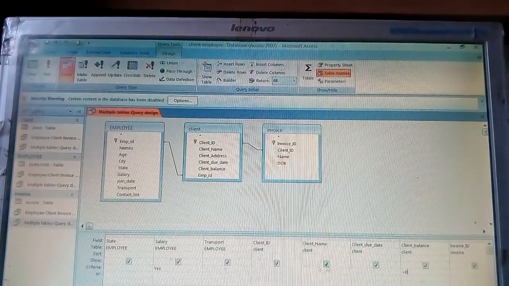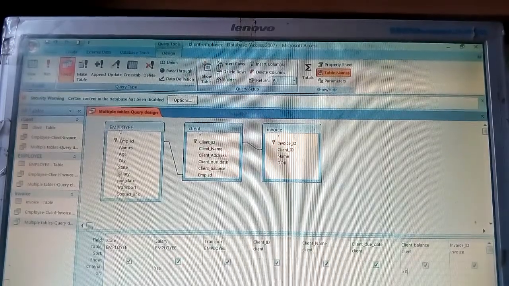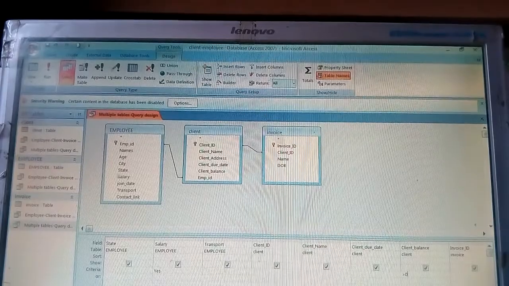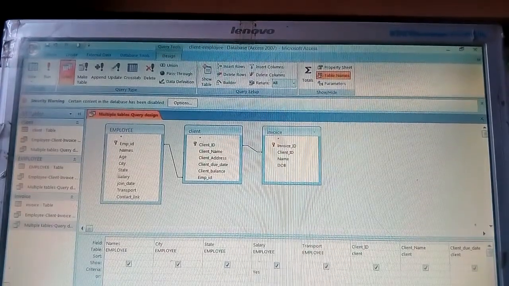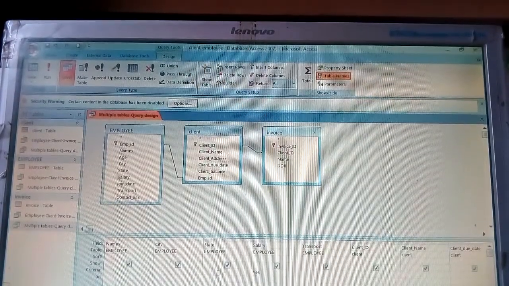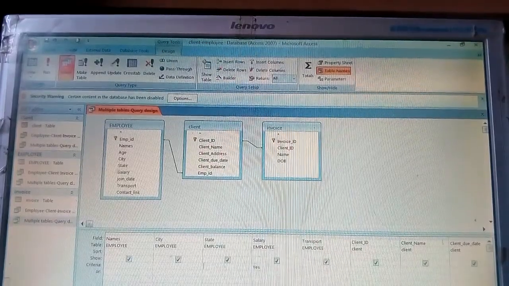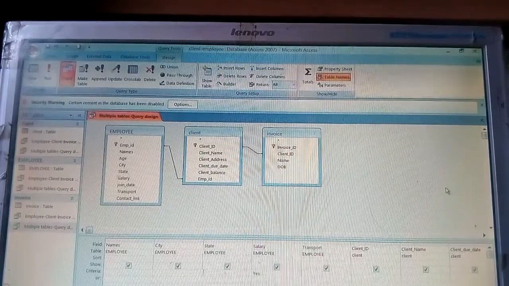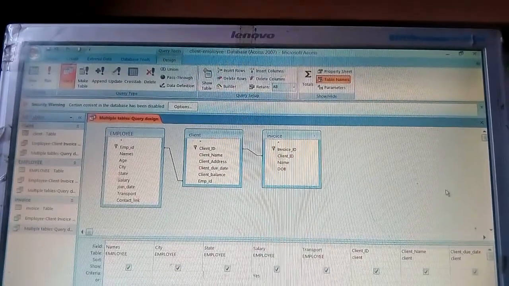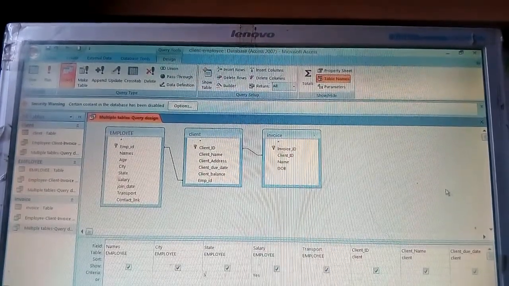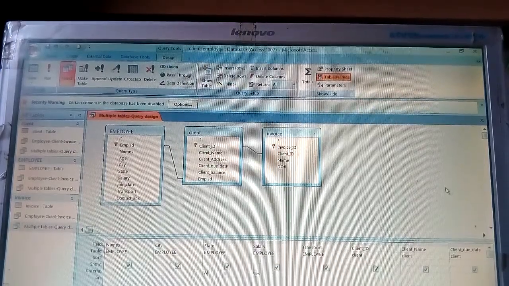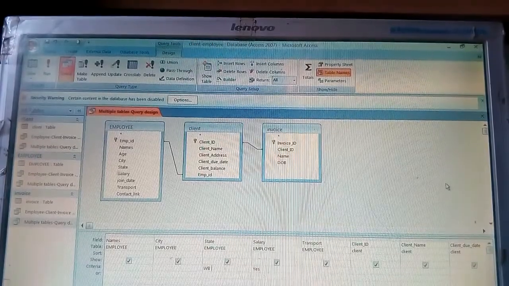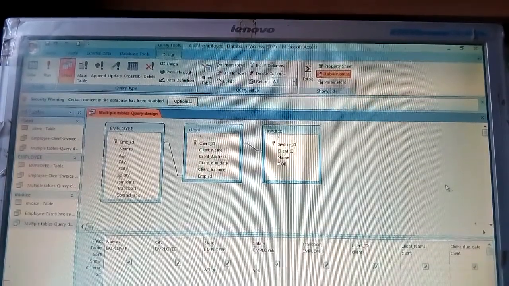Now suppose client name, due date, state, suppose I am giving here state West Bengal or UP.